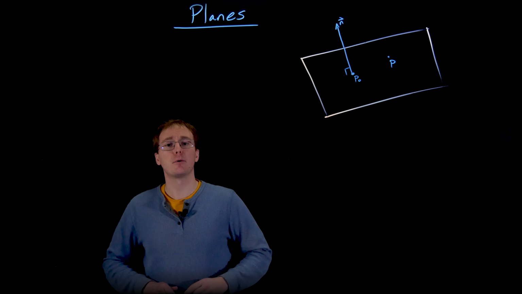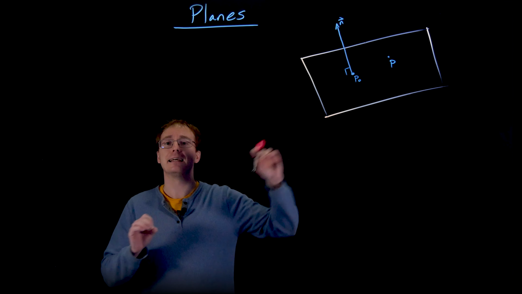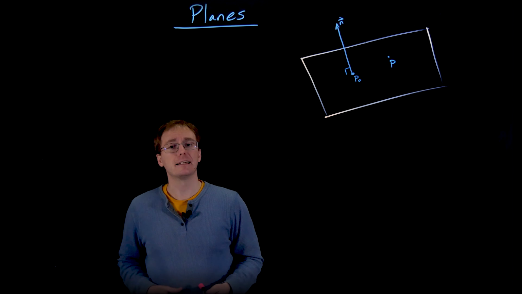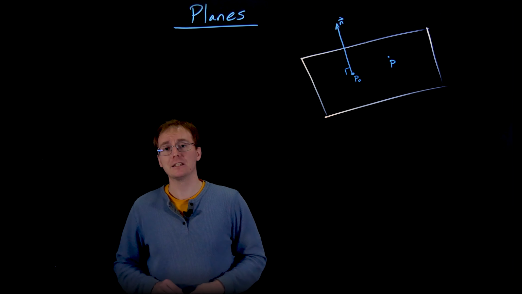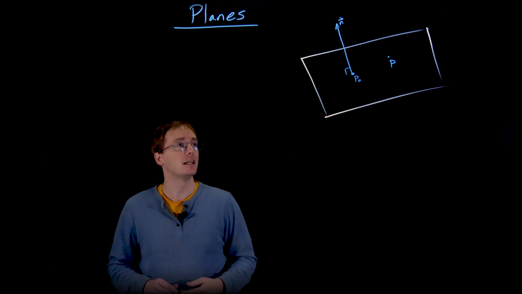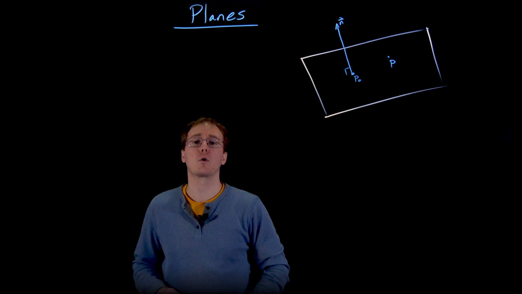It's going to take 3 points to uniquely determine a plane as long as those 3 points do not all lie in the same line. So a plane can be uniquely determined by 3 points in space, but a better set of information that uniquely determines the plane is a single point the plane goes through and a vector that is normal or orthogonal to